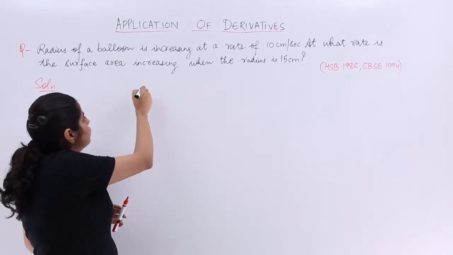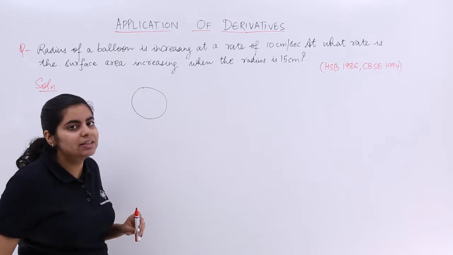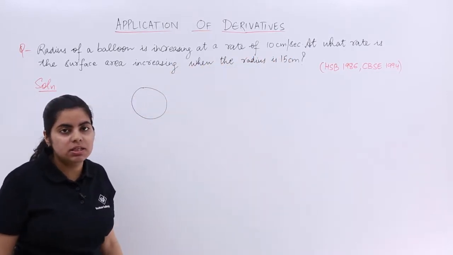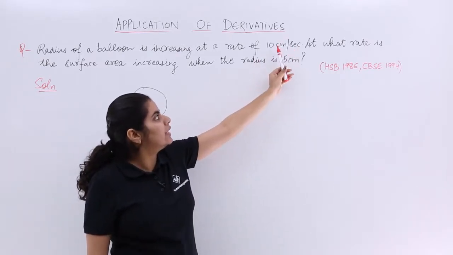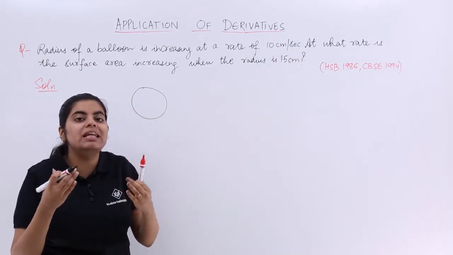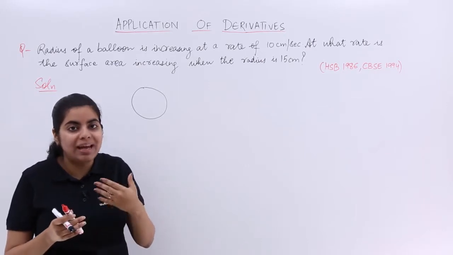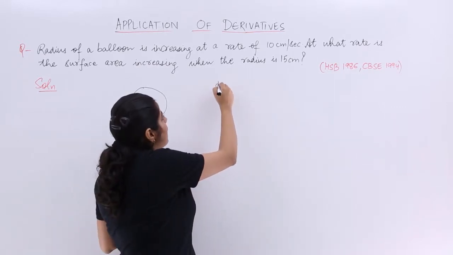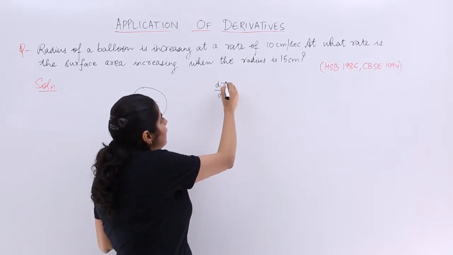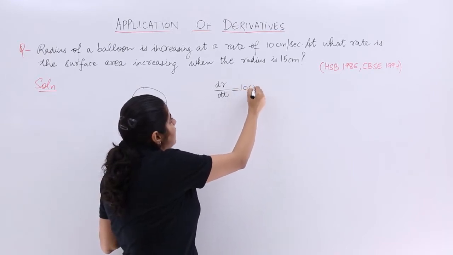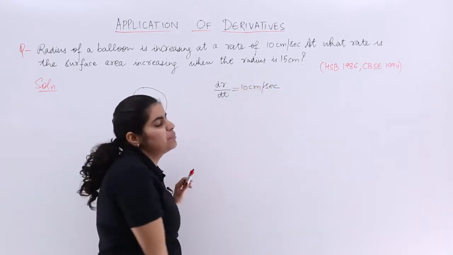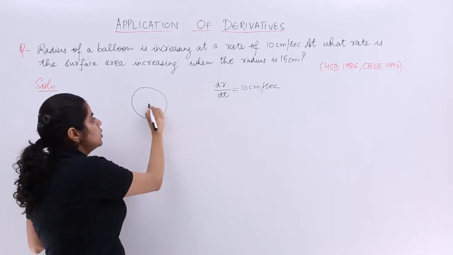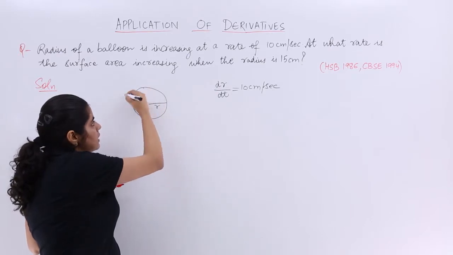It's talking about a balloon. Now, a balloon is a spherical thing, right? Now, the rate of change of radius is 10 centimeter per second, that means the time variant quantity we are talking about. That means the radius is changing with respect to time. So, if I name the radius by r, it has been given that the radius is changing with respect to time and the rate of change is 10 centimeter per second. Fair enough, right? Now, if the radius was initially r, it is increasing